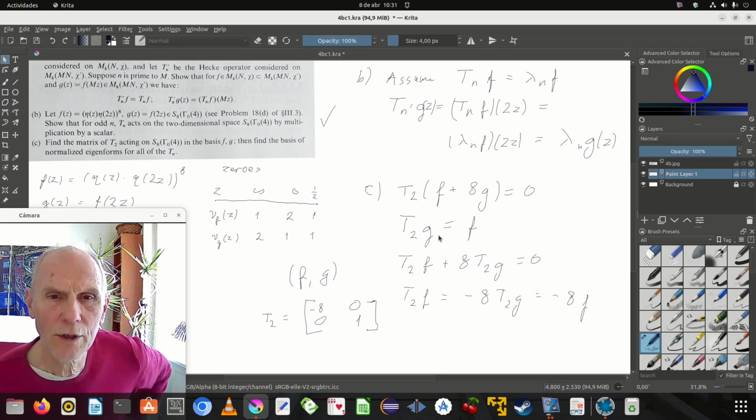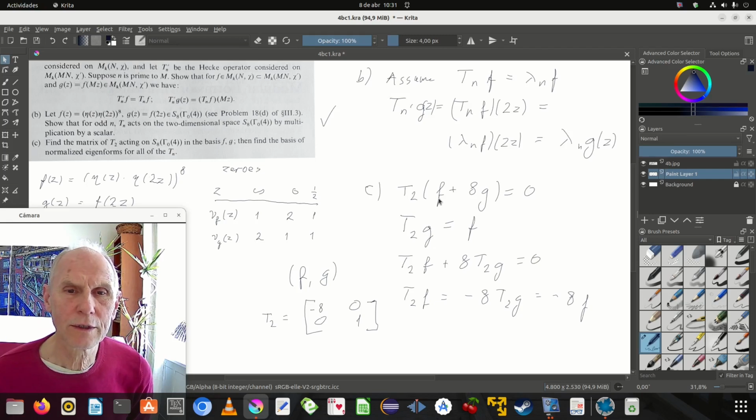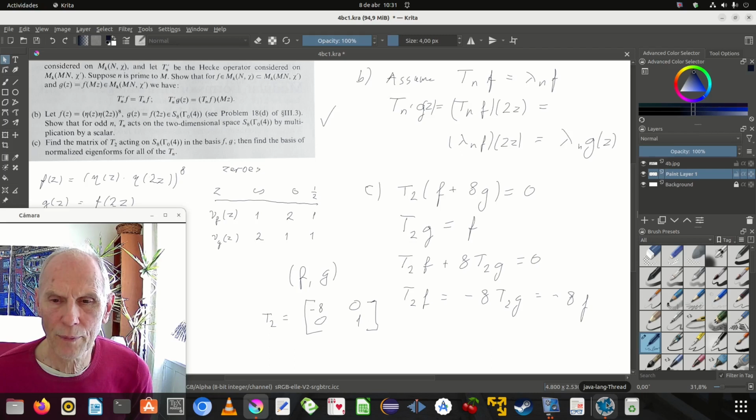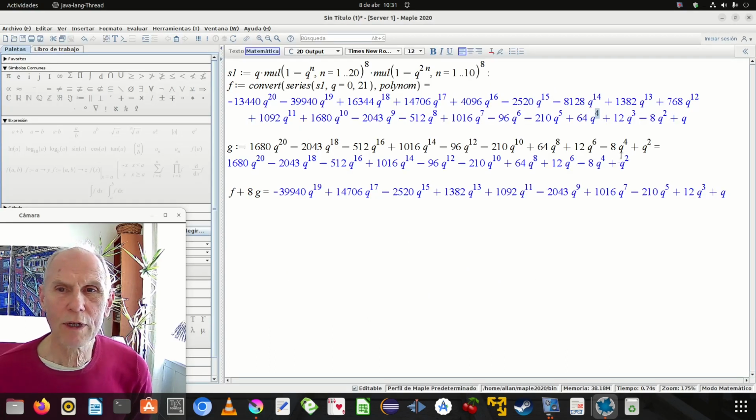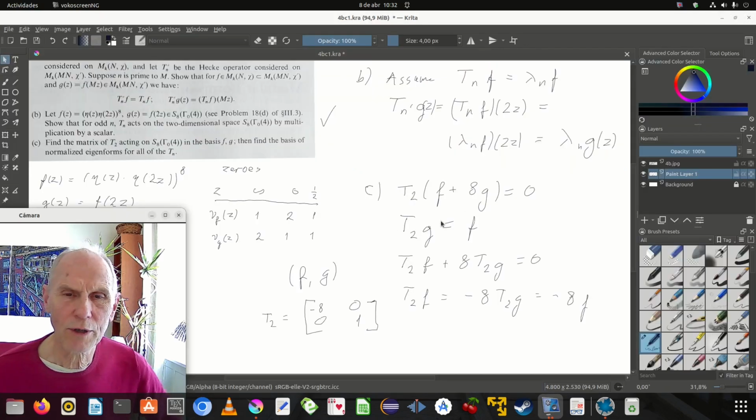Oh, that was T2. So if we take this one and then halve all the powers here, I believe that's what T2 does. That gives F, right. So that was this formula. Now if we applied here T2 of F equal plus 8 T2 of G,